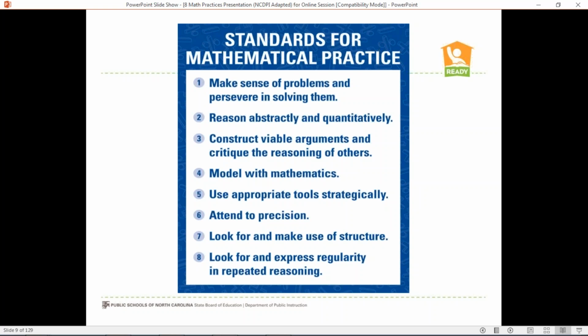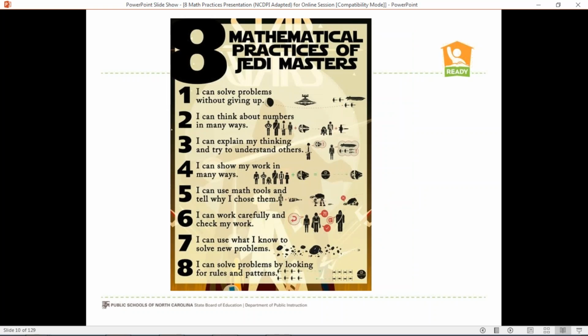Before we get into that a little further, I'll give you another version of the 8 mathematical practices. This is our official version, but it's fun to put them into kid terms, right? And so we've seen plenty of these float around. This one is from a Star Wars type perspective, the mathematical practices of Jedi Masters, right? And if you look at these,